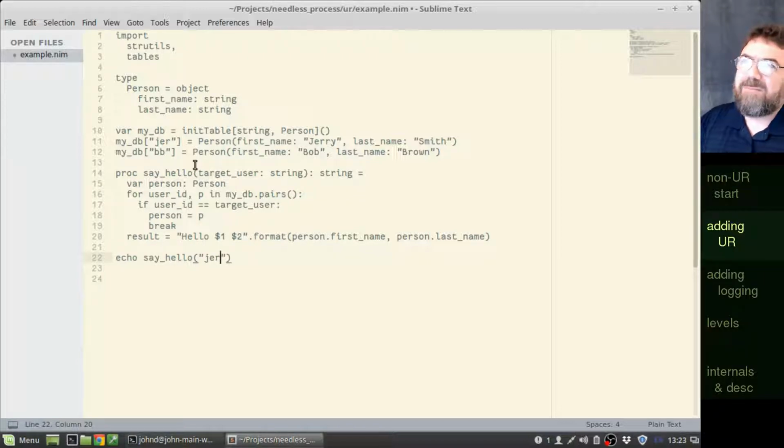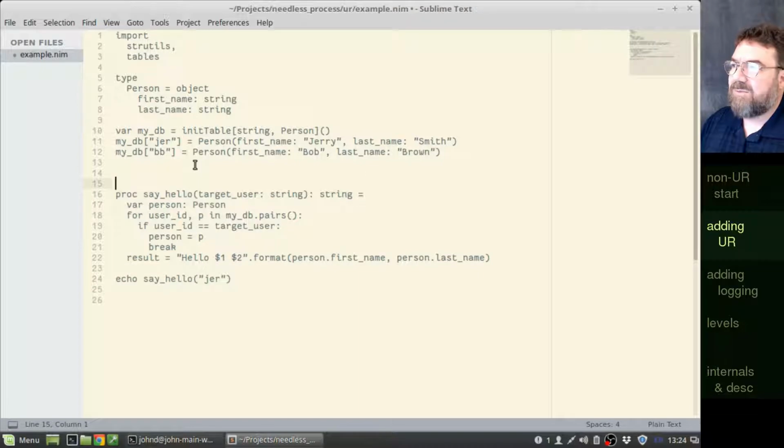Now, you could make your own solution by returning, say, a tuple with a response code and the answer, or you could do an object of some kind. But this is a way to normalize how you return information back from a procedure. So let's go ahead and add UR into this. Now I'm returning a string, so what I want to do is wrap a string. So I use the macro coming from UR called wrap UR